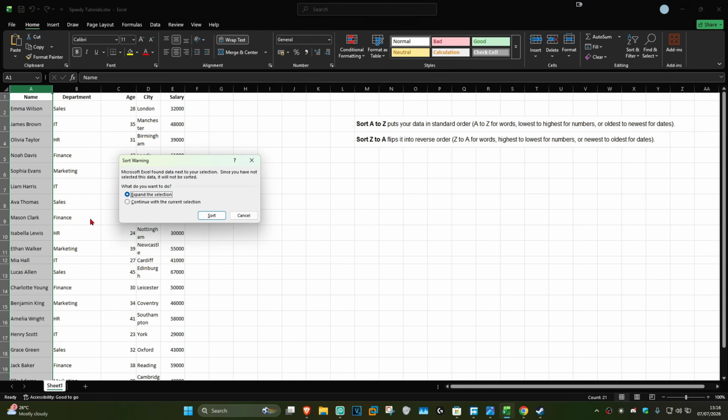I've got more data here and Excel has recognized it. This is the data that I have not selected. You can choose to sort other data in your list if you want to by selecting Expand the Selection, or you could just continue with your current selection. I'm actually going to sort the data of everything, so I'm going to click on Expand the Selection and then